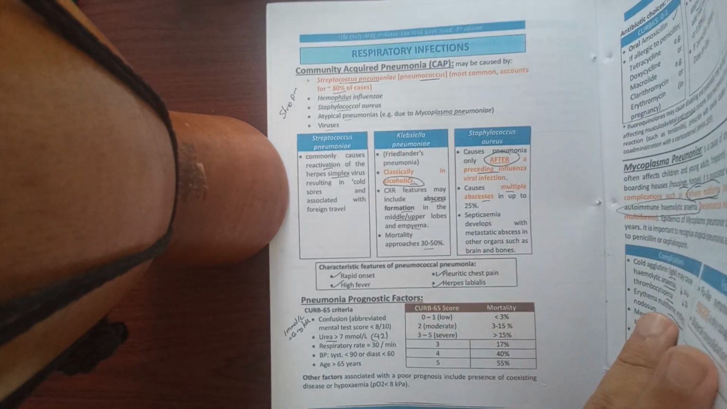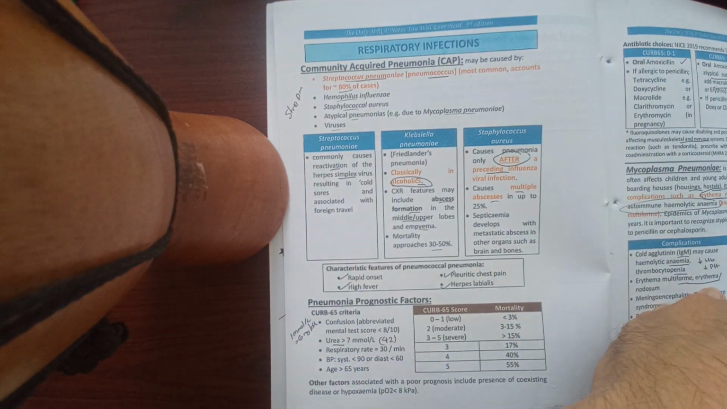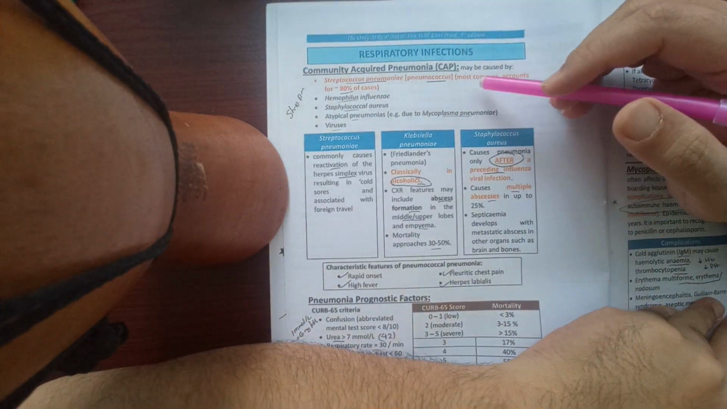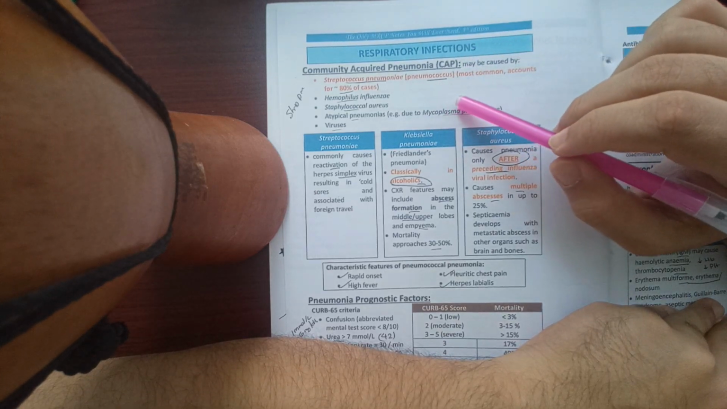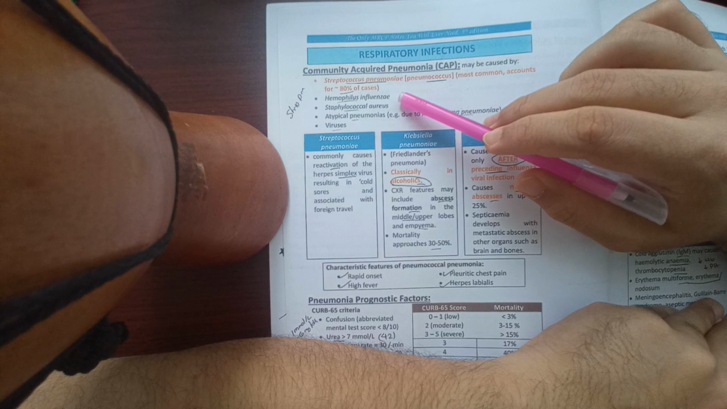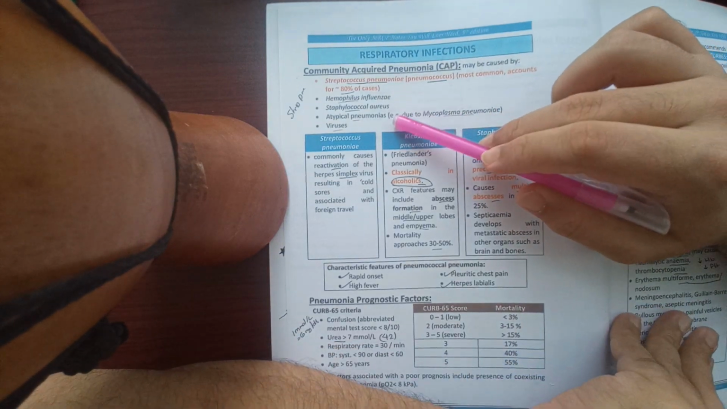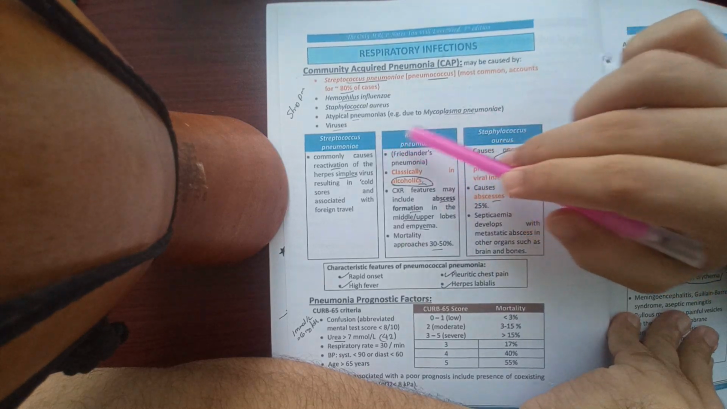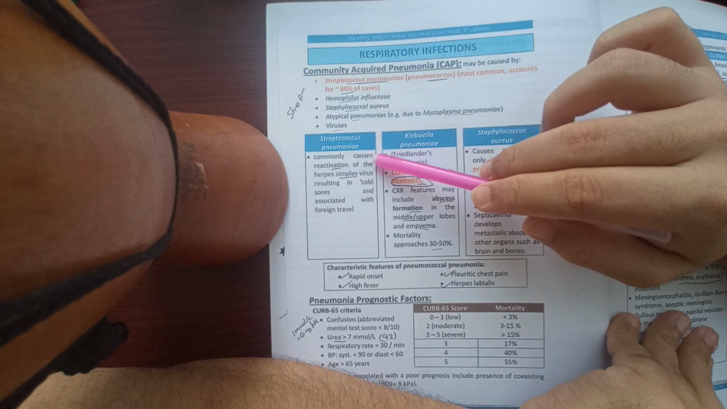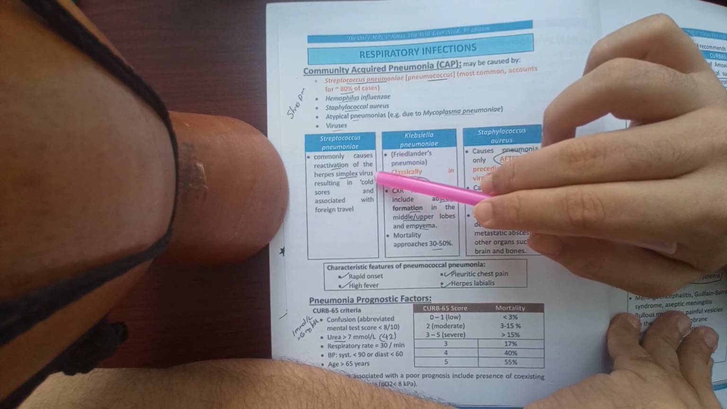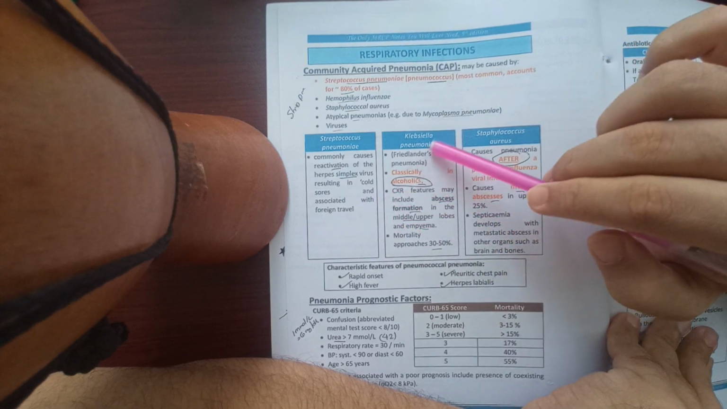Respiratory infections. First one is community acquired pneumonia, may be caused by Streptococcus pneumoniae 80% of the time, Haemophilus influenzae, Staphylococcus aureus, atypical pneumonia like Mycoplasma. Streptococcus pneumoniae commonly causes reactivation of herpes simplex virus, resulting in cold sores, and is associated with foreign travel. And Klebsiella pneumoniae,